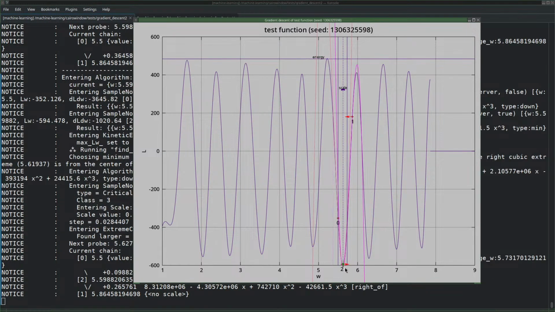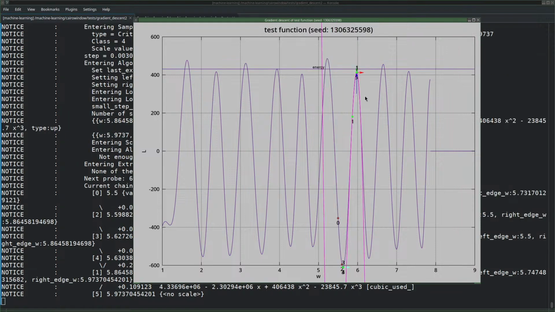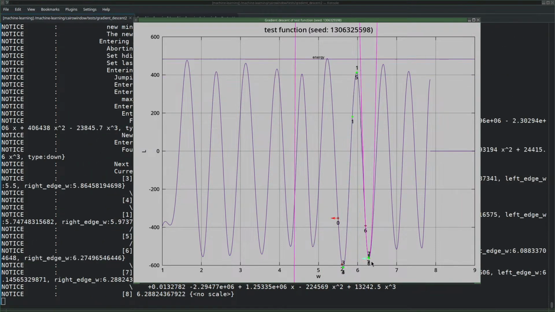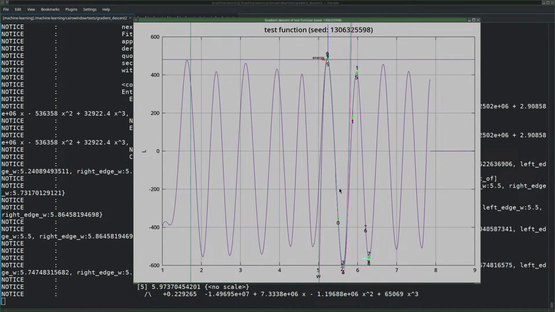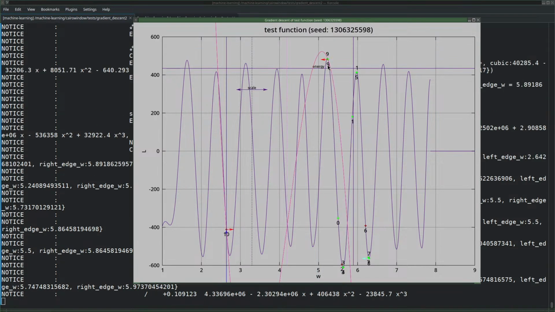So this finds this minimum here, and then we find this maximum, and then we find this minimum, and then we want to go back. So we jump here to this maximum, and then we find 10. And now I remove the code that rejects point 10 as giving us an unusable cubic. Which means that instead it should just be using it, and I think we just found the maximum, so we want to find the minimum now, and the minimum of this cubic